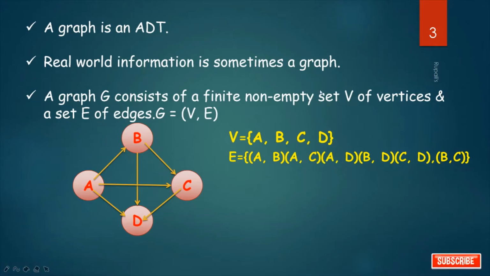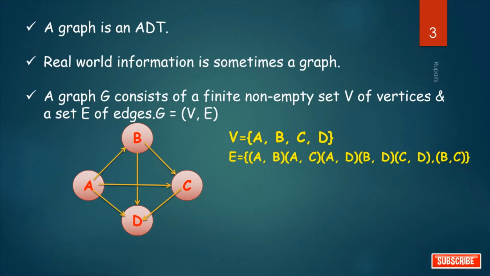So, finite non-empty means what? In case of mathematics, a finite set is a set that has a finite number of elements. Informally, a finite set is a set which one could in principle count and finish counting, like a finite set with 5 elements. And what is non-empty set? A non-empty set is a set containing one or more elements. That is, any set other than the empty set is therefore a non-empty set.